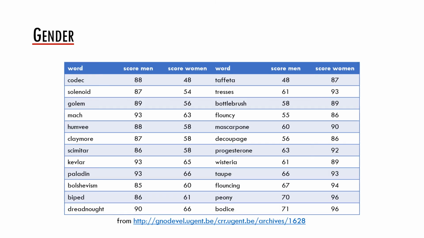The last thing we show is not directly from the published study, but it comes from the same dataset. These are the words whose knowledge differed the most between men and women. On the left side there are words which are better known by men than women. On the right side there are words which the women know better than men. You can Google those words to see what they actually mean. However, gender as such had only an extremely small effect on the vocabulary size in the study.